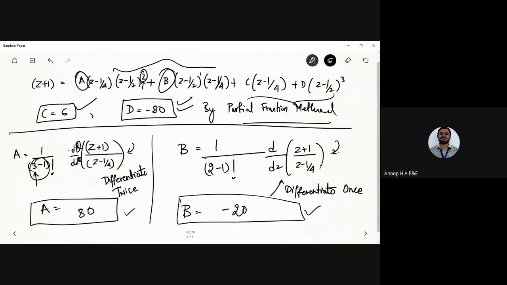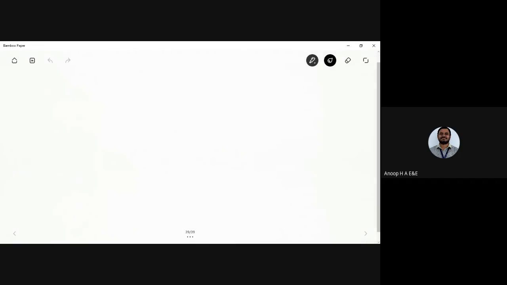So after finding out the values of a and b, I think we can substitute it in X of z by z. X of z by z would be equal to a. What's the value of a? That is equal to 80 divided by z minus 1 by 2. 80 divided by z minus 1 by 2. What is the value of b? The value of b is said to be minus 20 divided by z minus 1 by 2 the whole square,